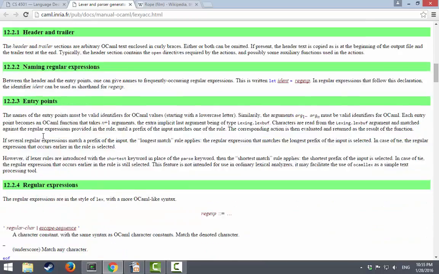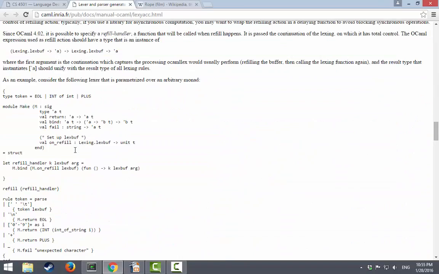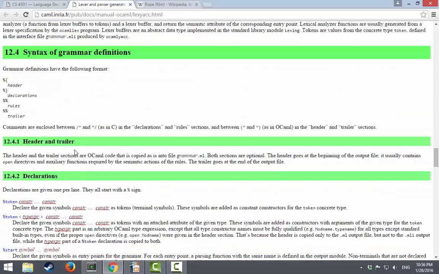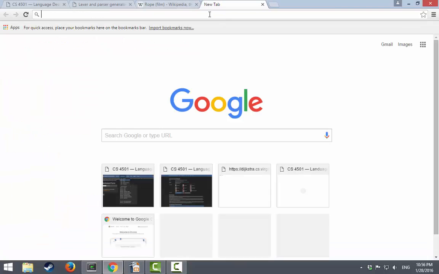Yeah, this is a formal definition, but I do not have time for that noise. I bet if I keep scrolling, there will be some sort of demo, possibly even a calculator demo. All right, we saw one of these here. Rule tokens. All right, let's actually keep looking. We've got that documentation, but